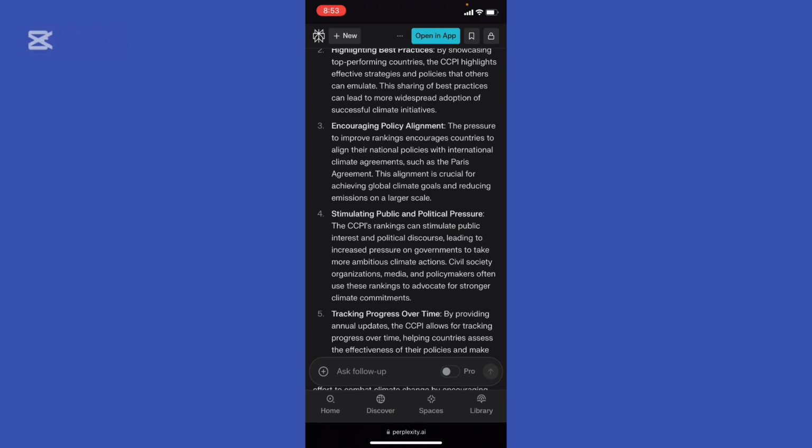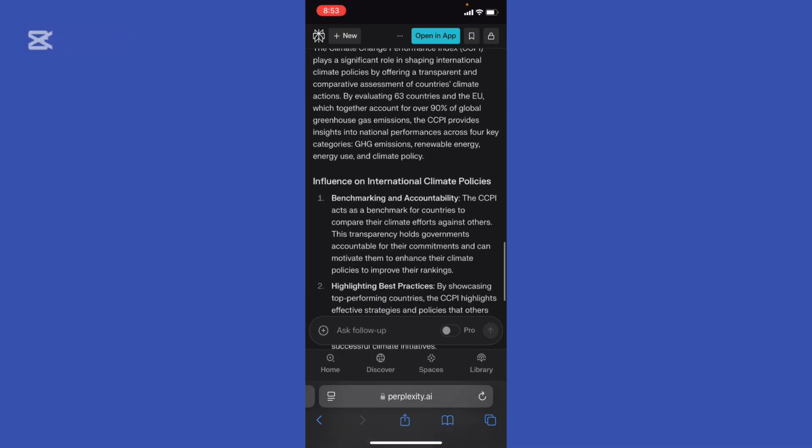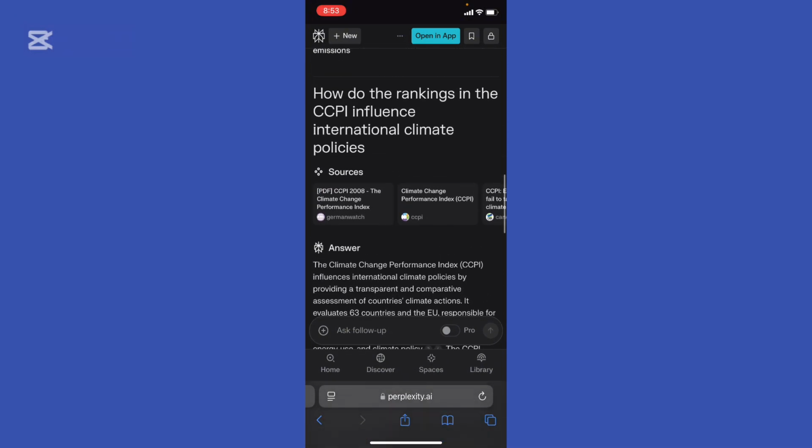and validate and cross-check. Right, use the provided citations to verify the information or cross-check it with other sources for accuracy or credibility. At the top, we gotta find it right here. And by iterating and interacting in these ways, you can refine answers from Perplexity AI to make them more tailored